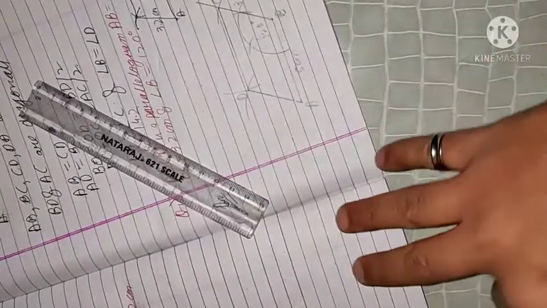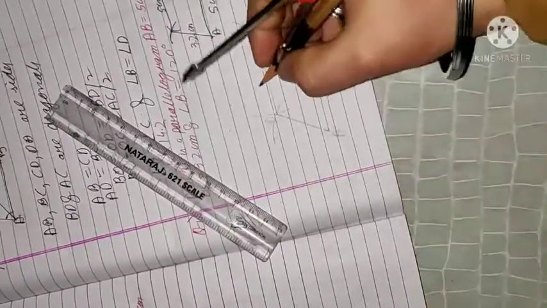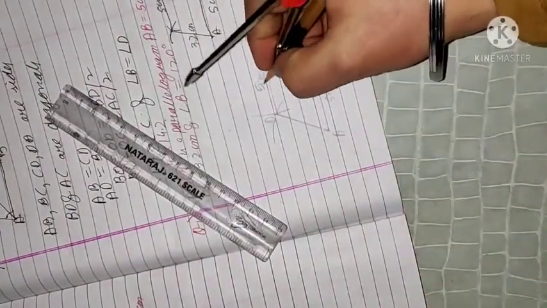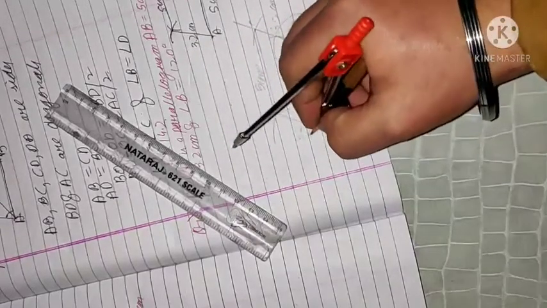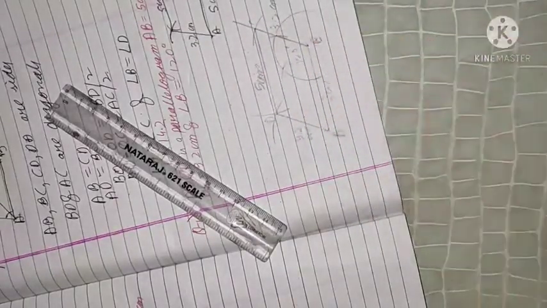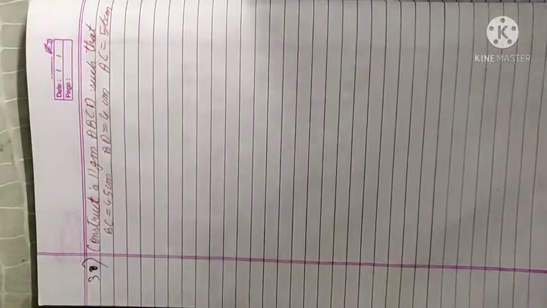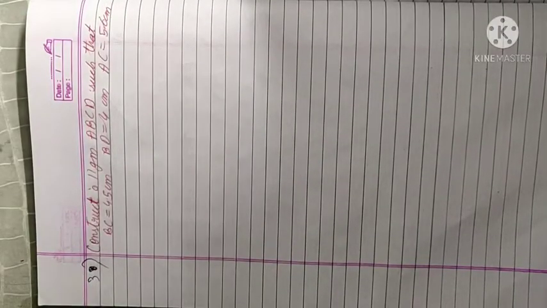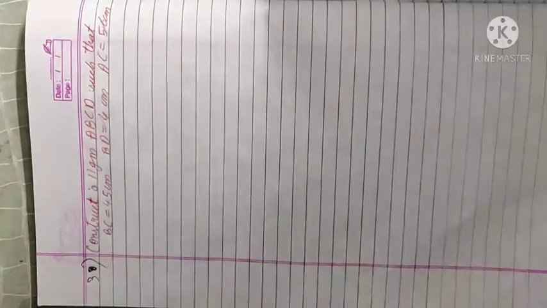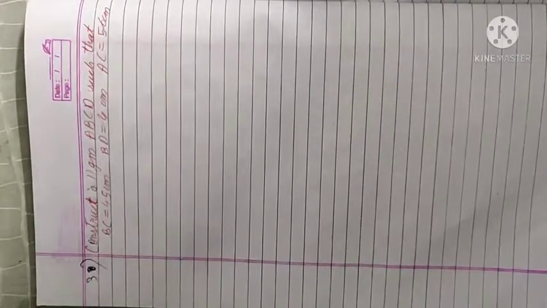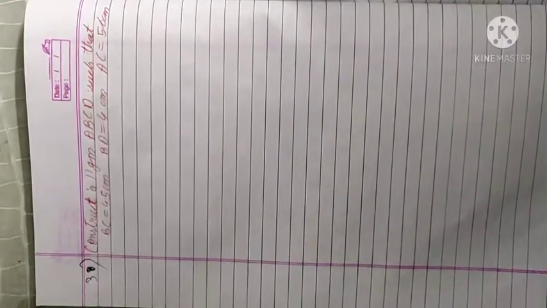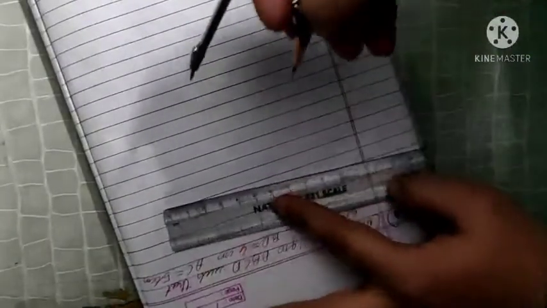So this is our quadrilateral ABCD, where this is 5 centimeters, this is 3.2 centimeters. Okay, this was 120 degrees. So this is our next question here. Here we have said that BC is 4.5. BC is the side of the quadrilateral, so we will take this side as the base. Okay, we will construct this BC as 4.5 centimeters.